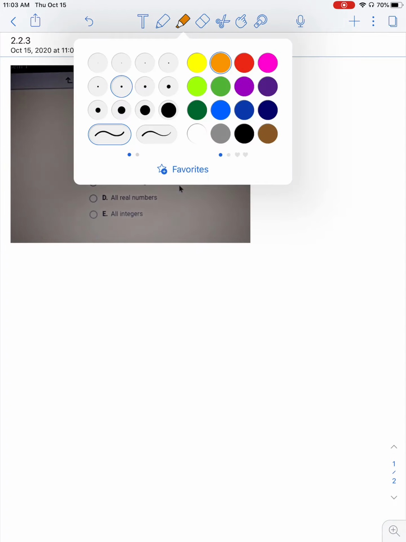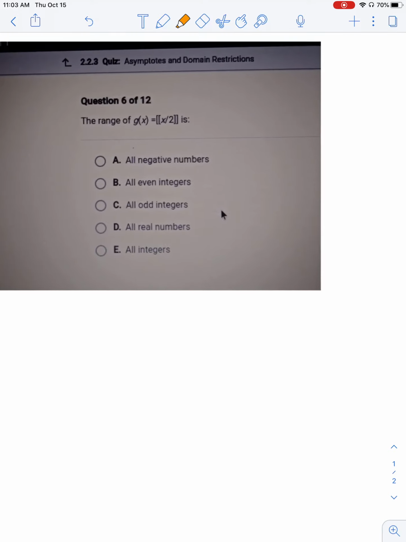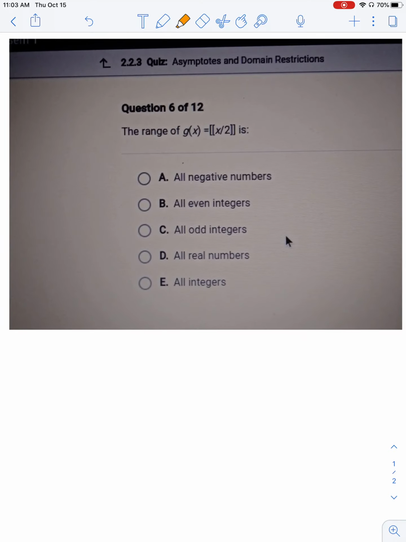So right off the bat, I notice that my function here has the greatest integer bar. So let me just highlight that in orange yellow over here, which means that whatever my answer ends up as, it'll round down to the nearest integer. So let me just put that. This symbol means it's always going to round down